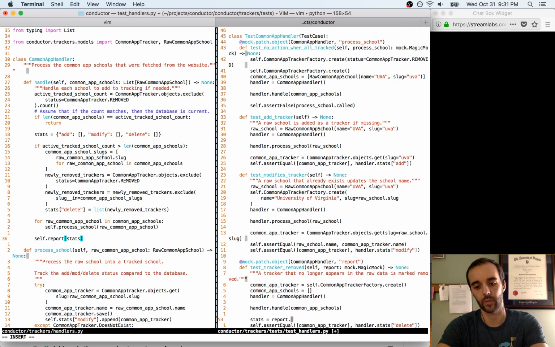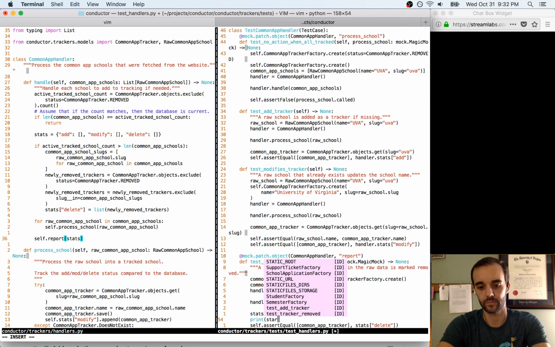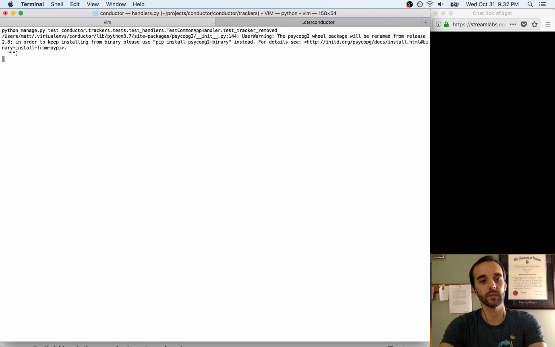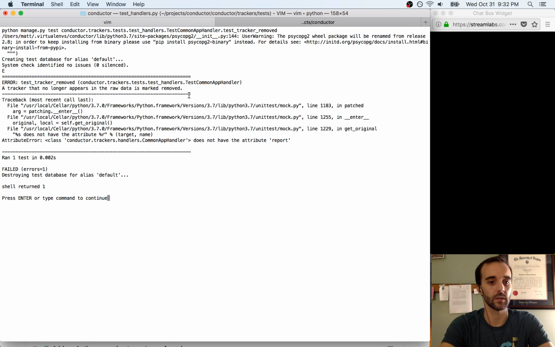mock always trips me up. So mock has this thing called call args, and call args is the data structure that tracks everything that was called, and you can index into it like a tuple, but I never quite know the right way to do that indexing. So instead, I'm going to let this fail, and I'm going to print it out. Okay, this is my brute force way, and this is the nice part of having a very quick test cycle, is I can see very quickly, I hope,